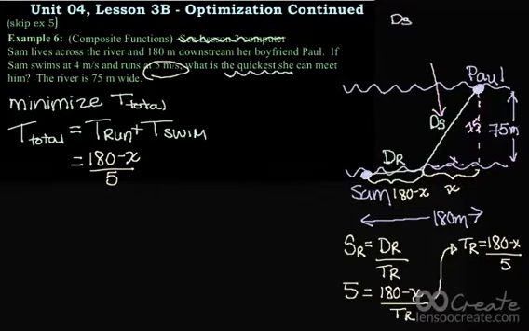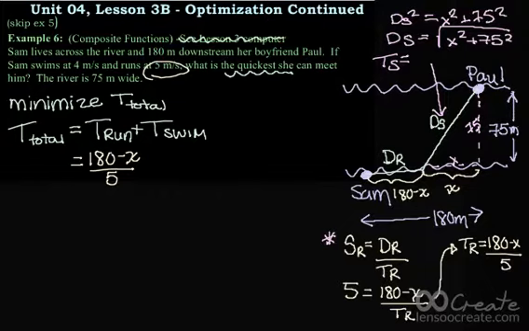So the distance she swam squared is equal to the sum of the other two, so x squared plus 75 squared. So we end up with this expression: the distance she swam is the square root of x squared plus 75 squared. And then using the same method that we did down here to isolate the time she spent running, we're going to figure out the time she spent swimming, which will end up being